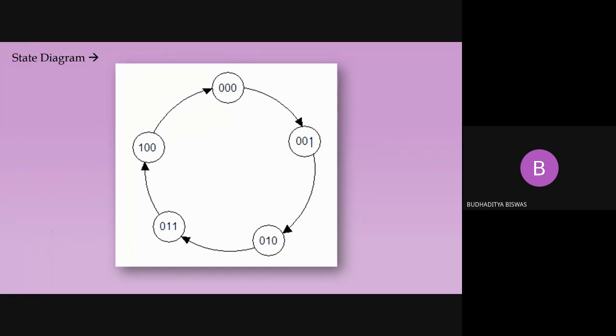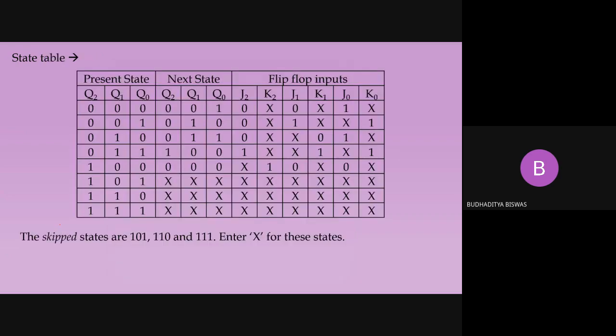Everybody? Okay. Now come to the design. That is called the state table. This is the most important tabular method for synchronous counter design. You have to know the state table. That is also very easy. It looks complicated before I teach this to you, but after this, it will become very easy. So how is the state table formed?